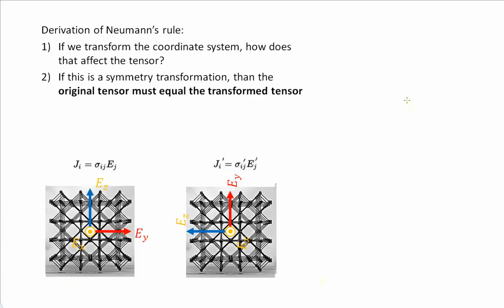Howdy. So the purpose of this video is to show the math behind the derivation of Neumann's rule. And essentially what we're trying to do is relate a tensor in the original coordinate system with a tensor in the transformed coordinate system, and then ask the question, how does symmetry restrict or relate these two tensors? So first we're going to say, just in general, if we transform a coordinate system, how does that affect